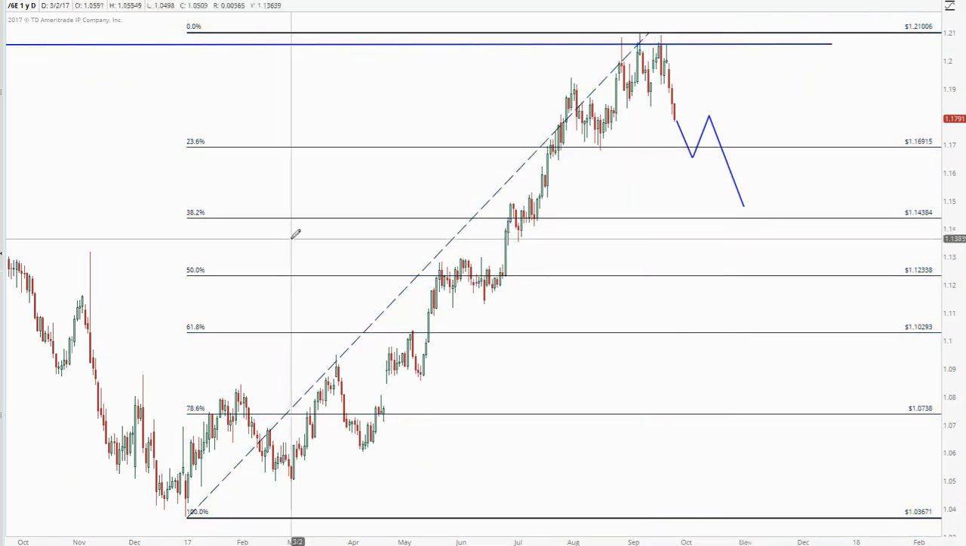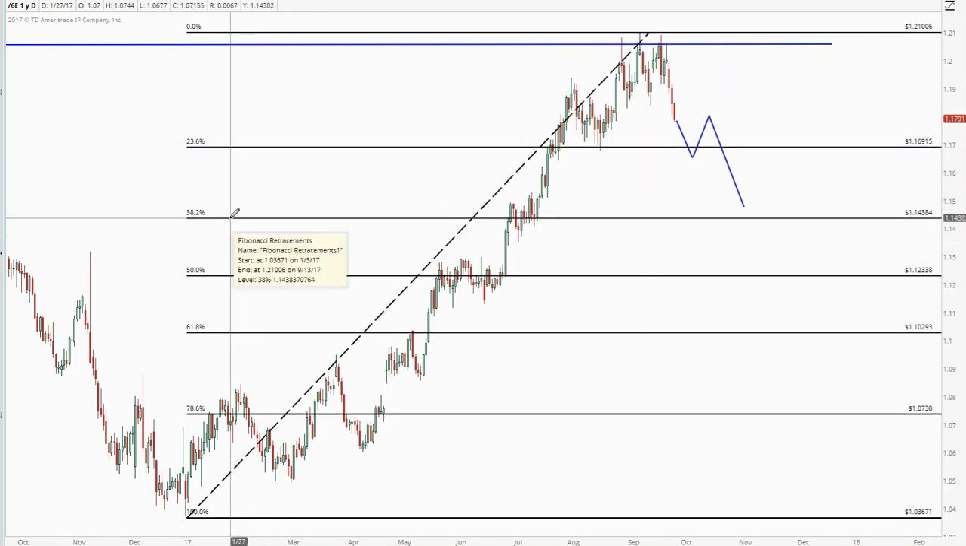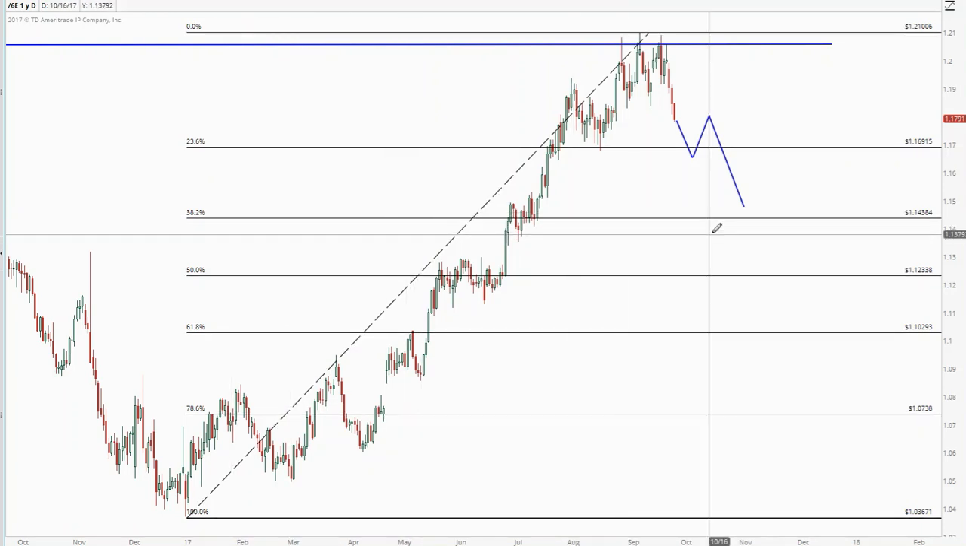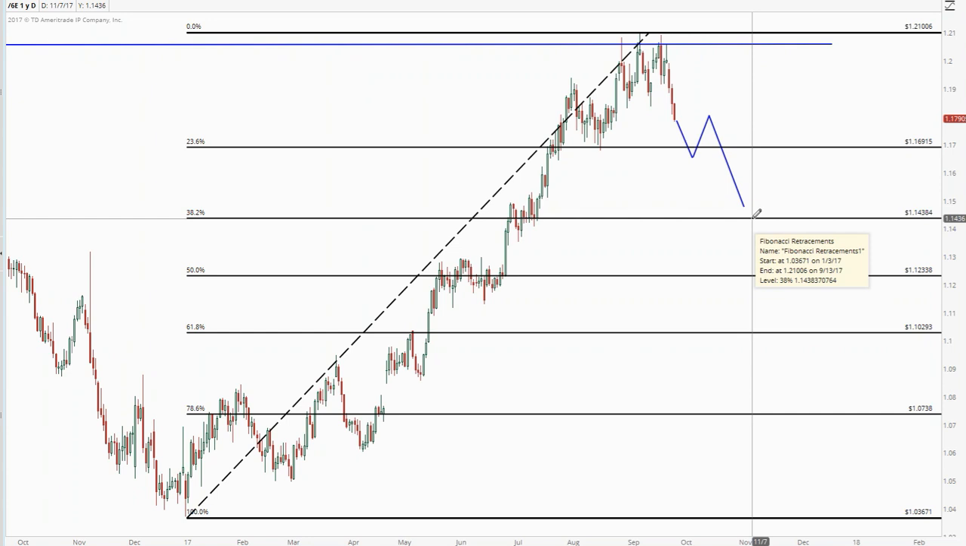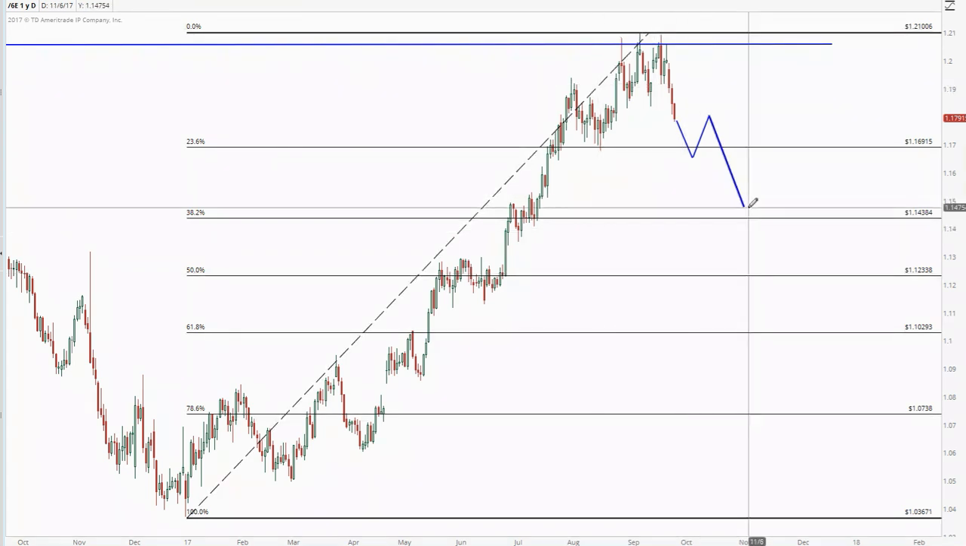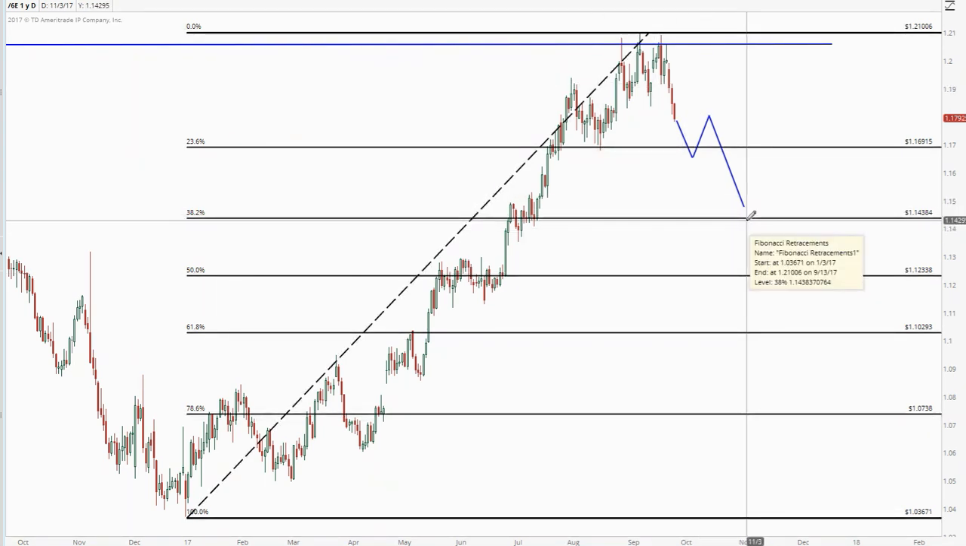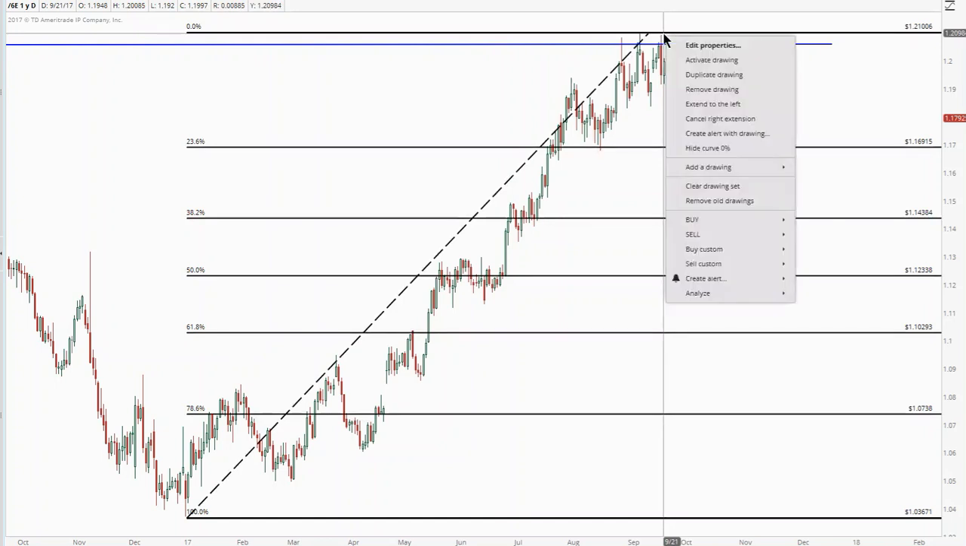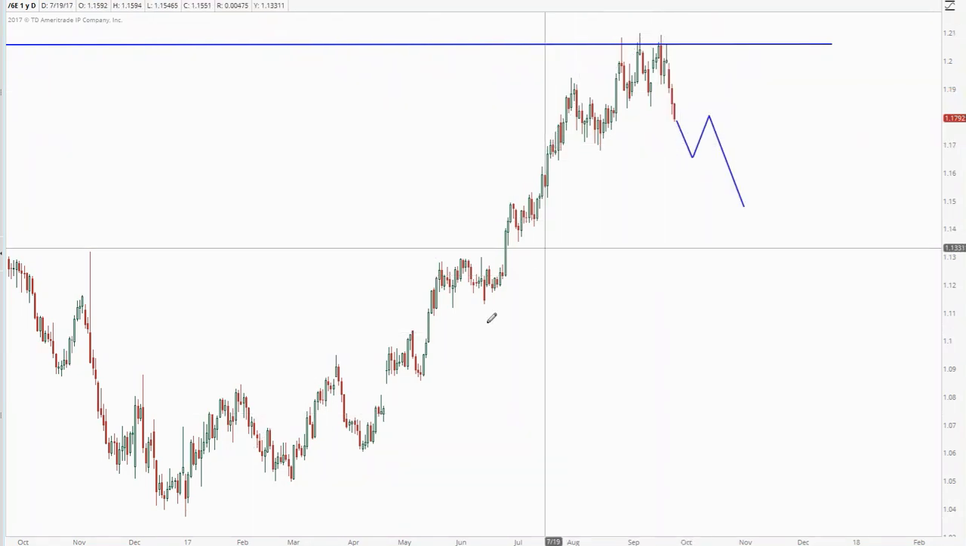So I would think at the very least we probably have to go to the 38% retracement. You can see that's going to be at about 114. Outside chance maybe that it could get to the 50% retracement. But in a new bull market, which is what I think this is, I would say the odds are greater for the 38%. Okay, so